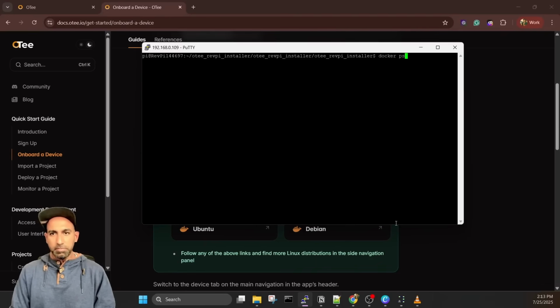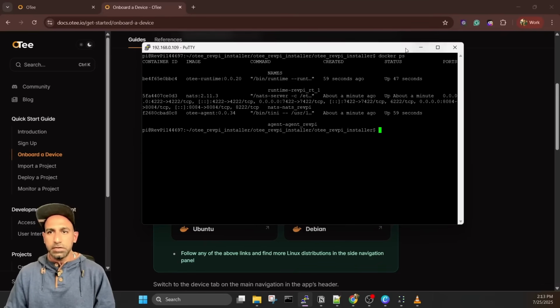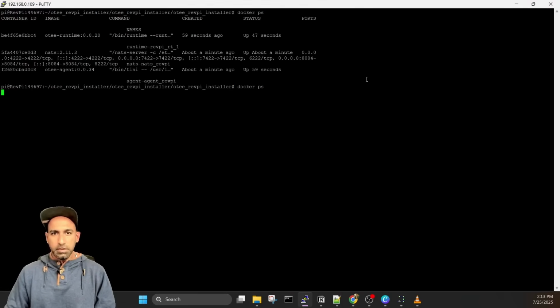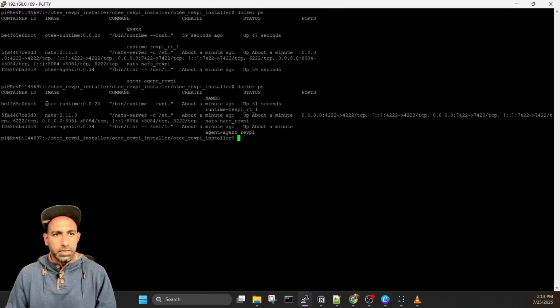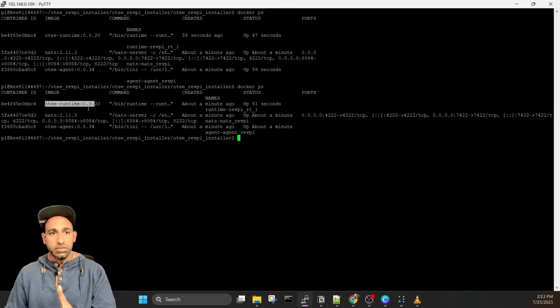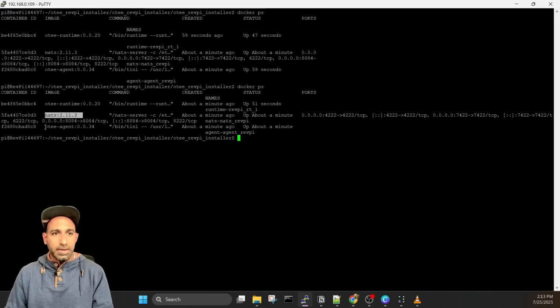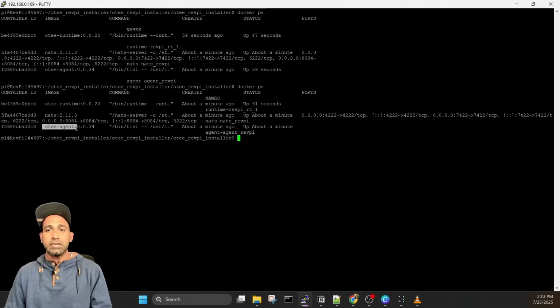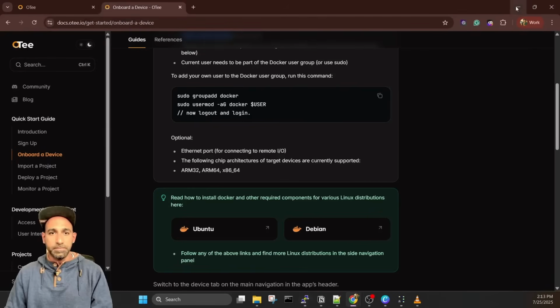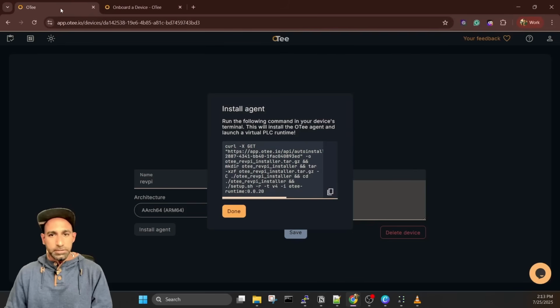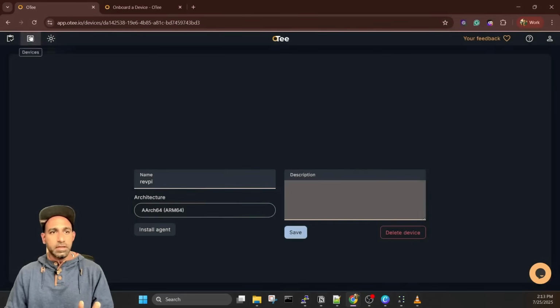Just type docker ps, and then you will see there are some containers running. Let me just maximize it. We have 3 containers running. OT runtime, you have to make sure this one is running. NATS is running, it's important for the communication, for publishing and subscription of data. And OT agent. So we have 3 containers which are running, and this is important if you want to troubleshoot your virtual PLC. And now we go back to our OT and click on done,